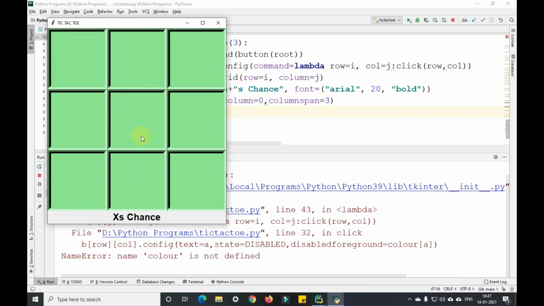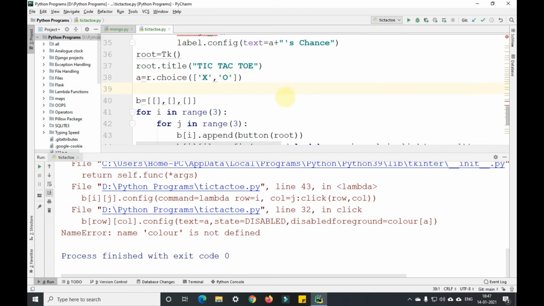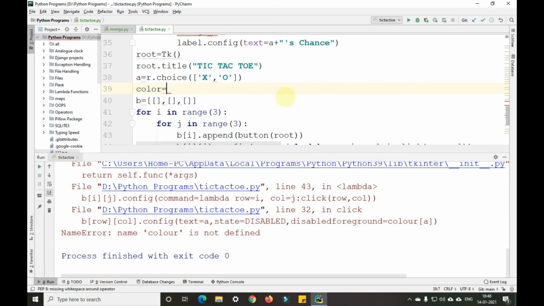Yeah, you can see it is properly working here, but it is not showing the color for the clicks here. So we'll give the color, color equals to, if it's an O, we'll pass it in the form of a dictionary, guys.